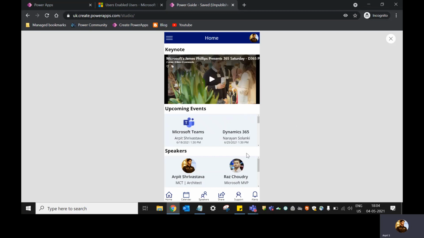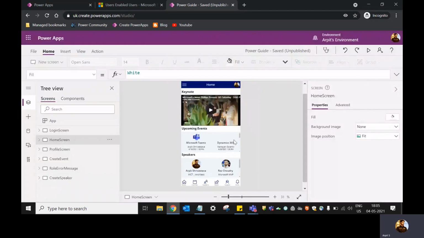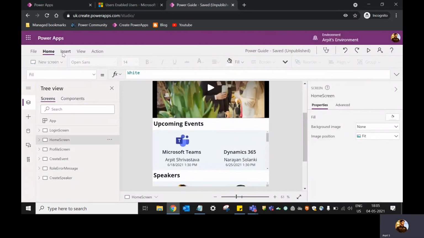What we're going to do today is create the forms. For example, if I am the organizer, I just want to create a new event, and I just want to create a new speaker as well. Some speaker is requesting that they want to present a session, but they're unable to create their profile. We are going to provide a way to create the speaker profile for the speaker login as well, but for demonstration purposes, I just want to create two forms, one to create the event and one to create the speakers. All right, so before creating the forms, I just want to add two buttons over here